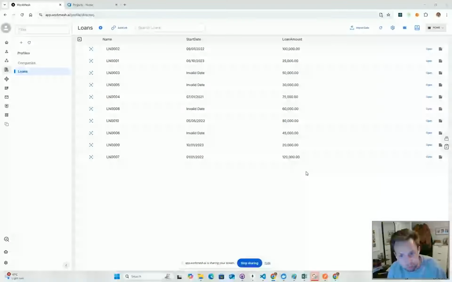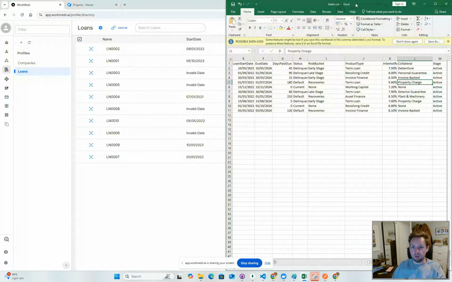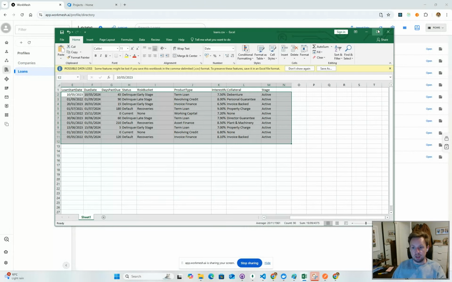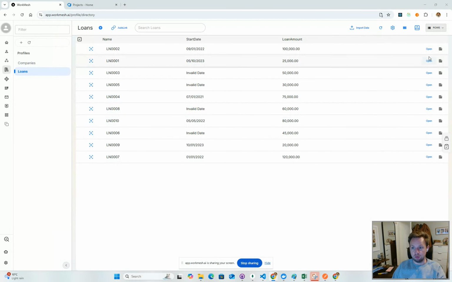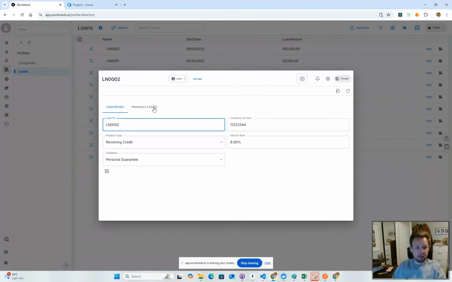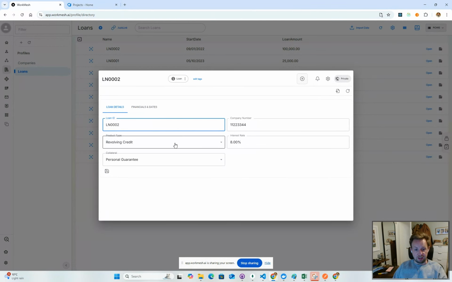Okay, so in the last video, what we did was we generated a UI model for the loan data. Just as a quick recap, we imported some loan data, and what we've been able to do is create a UI that has the loan information within it. Now, what I want to show in the next video is going from that UI model, which is here,